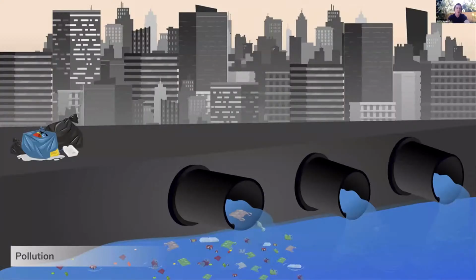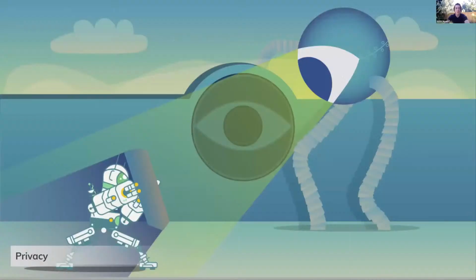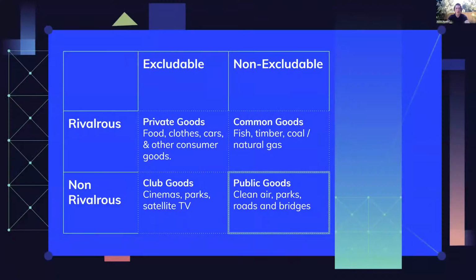So ultimately, when you can run out of things, when you can overuse things, you run into the tragedy of the commons, which we see with pollution, with declining or degrading infrastructure, and with the rise of what a lot of people are calling surveillance capitalism, where people don't have control over their data or how they manage their funds or any kind of digital good. And that, to me, is one of the problems that I think we're doing a really good job in particular of solving. So the question is, how do we get more of these?